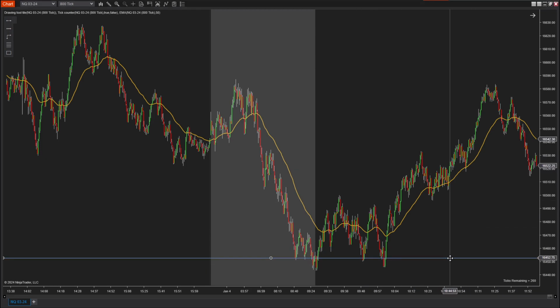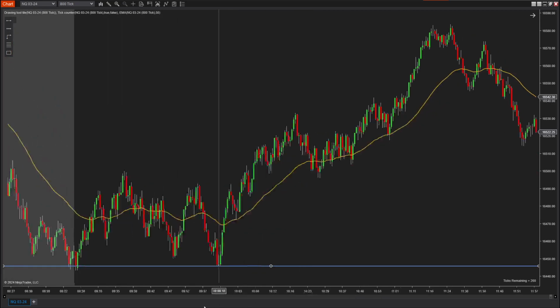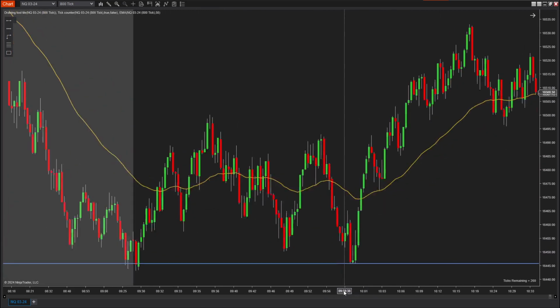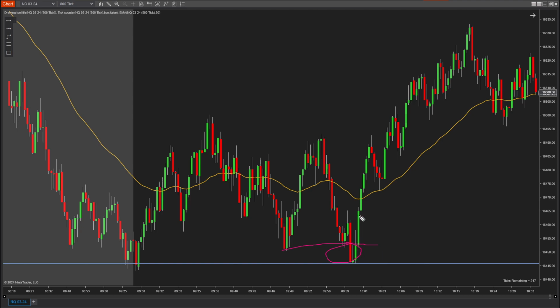And what we see in this instance is the buyers take back some form of control. The sellers, especially like this really nice little false breakdown here as well. But then we get this really nice pop back up. We put in a higher low, and for me, this is now a really nice entry opportunity because we're in